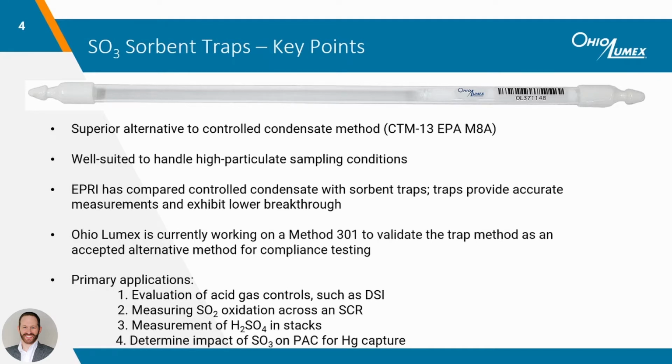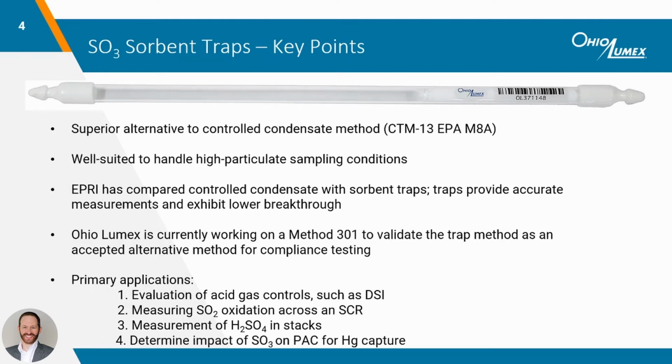The study found that the sorbent trap method provides accurate measurement of flue gas SO3 concentrations, while the controlled condensate method is subject to loss of analyte on various sample surfaces upstream of the condenser coil, as well as breakthrough of the condenser coil itself. In order for the sorbent trap method to be used as a compliance method, it has to go through a Method 301 validation. Ohio Lumex is currently working on this to allow our customers to use sorbent traps for compliance